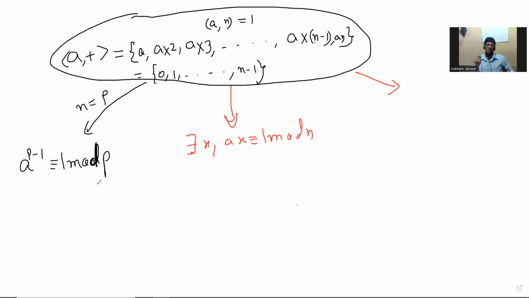So what was I going to say? I'm trying to say that starting with a, if you generate this set additively, this is called the additive subgroup, or the additive group generated by A, just whatever you can get from A additively. That is what that means. But what are we saying? We are saying you get everything. So we are saying that A is a generator